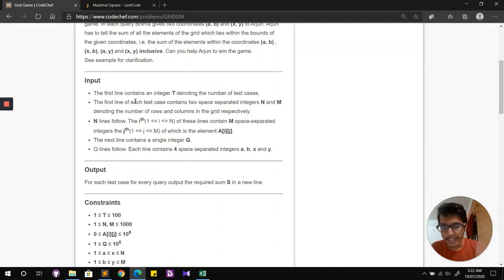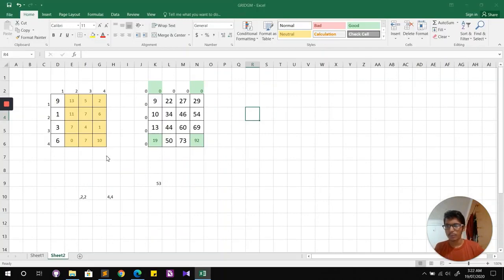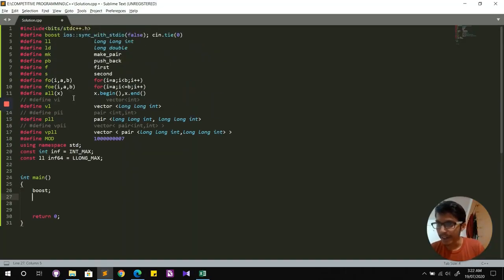So it's just t test cases, and again n cross m, and again standard input, followed by q queries. Okay, so I'll be using long int, and I have some macros and some hashtag defines over here. Of these I'll be just using the ll because it's easier. ll stands for long int in my code. I'll not be using the rest of my macros.